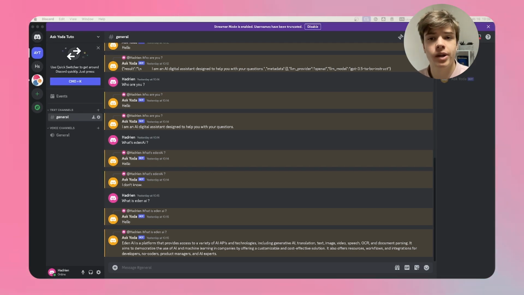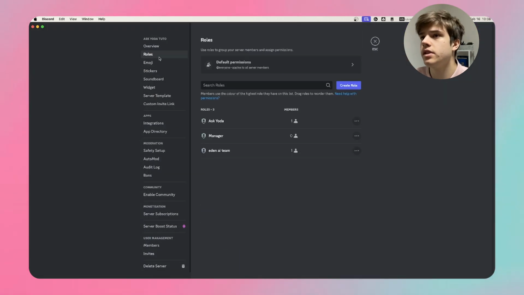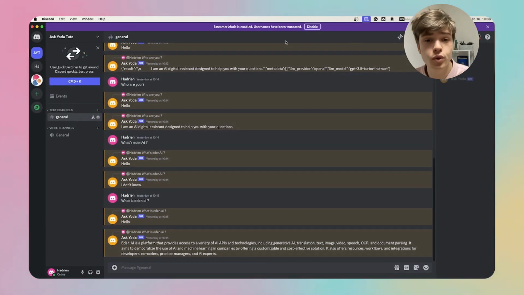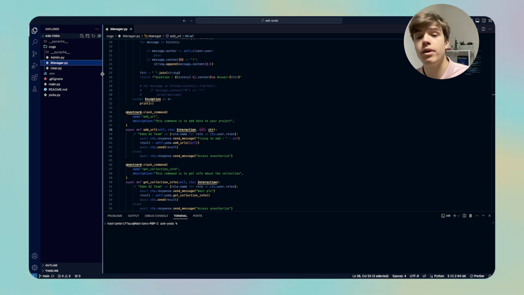So now that we have implemented AskYoda, I will give you some tips to improve your bots. Firstly, Discord allows you to create roles. It's like a level of permission. So you go to the server settings, go to the role section, and you can create a new one. It will allow you to give users permission to execute some commands, to make some changes to the server, but also, as I said, the opportunity to give them some commands that will maybe